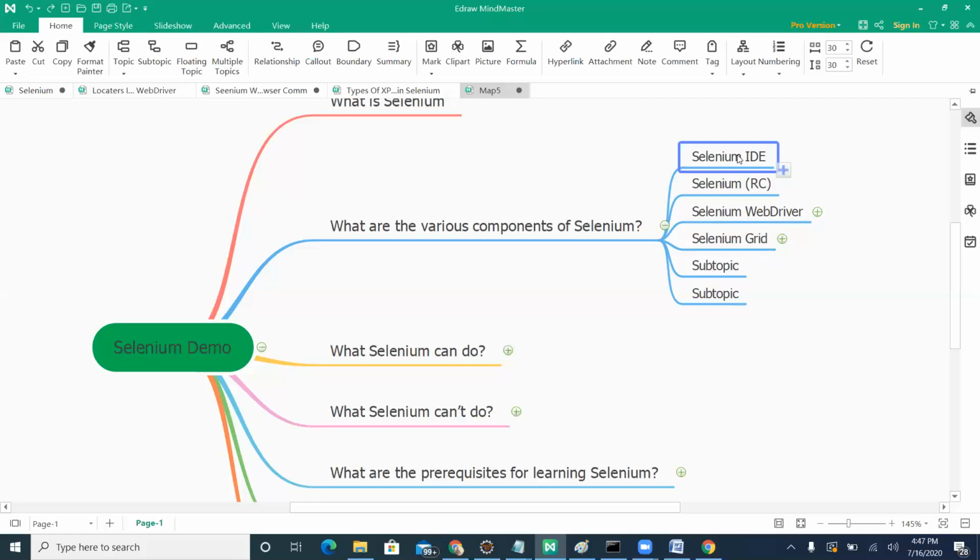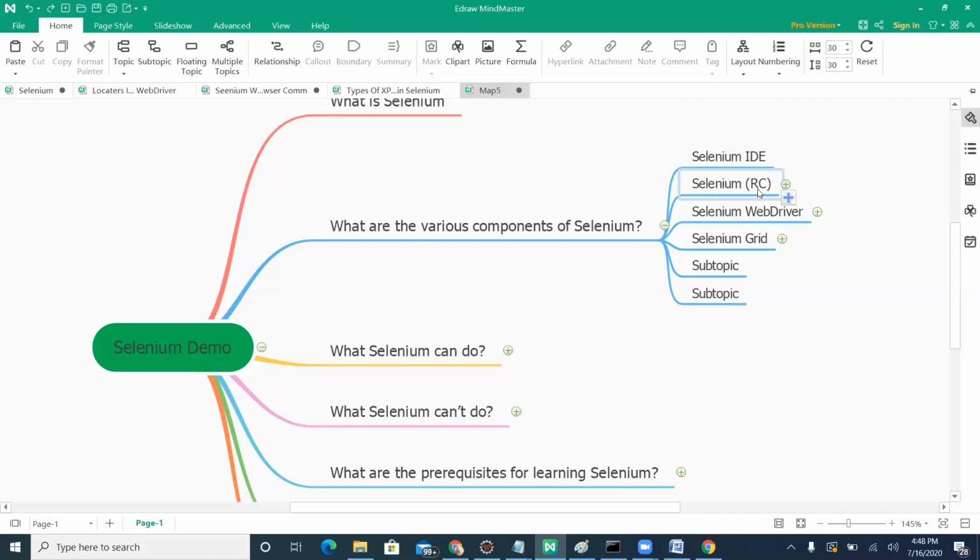And Selenium RC is remote control, we can call it. RC is an in-between server between the browser and the user's code. You need to start your Selenium RC server, and then it interacts with your code and your browser.